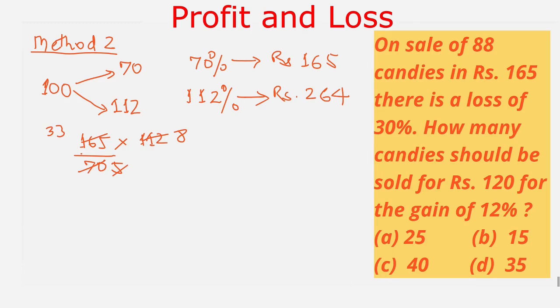This way we can find the value of 112%. Now we erase our rough work. It means that we should sell 88 candies in rupees 264 instead of